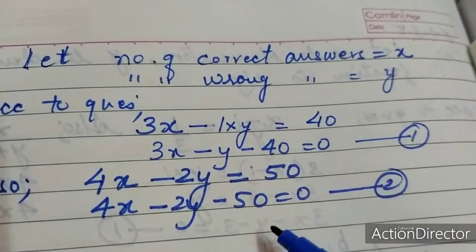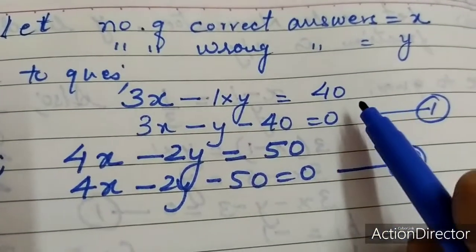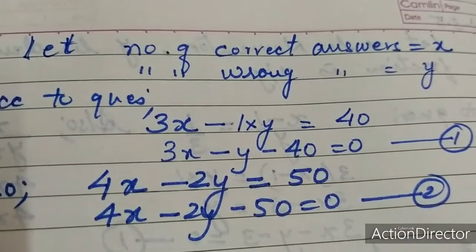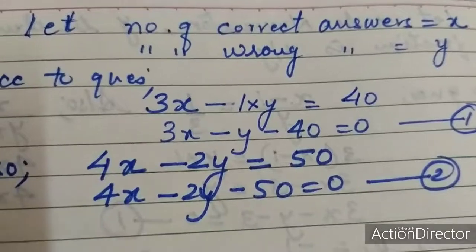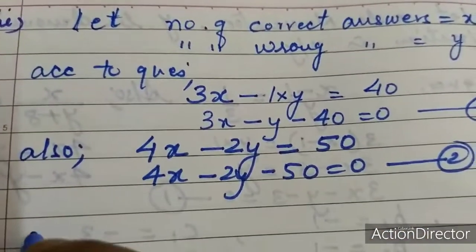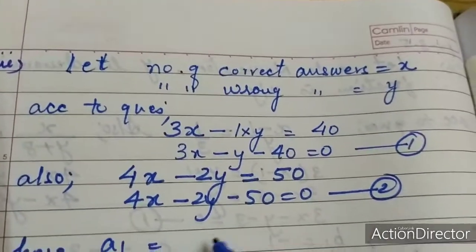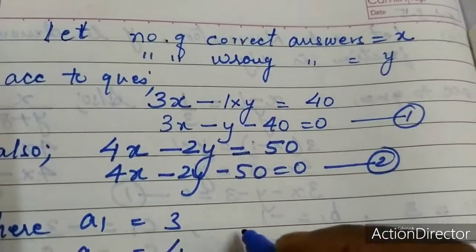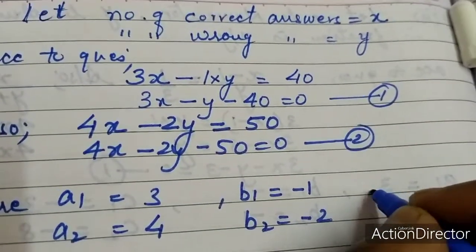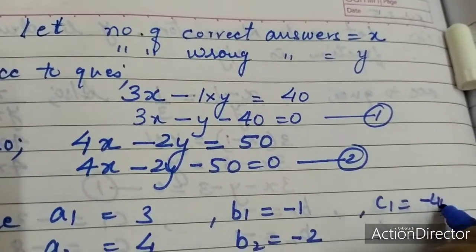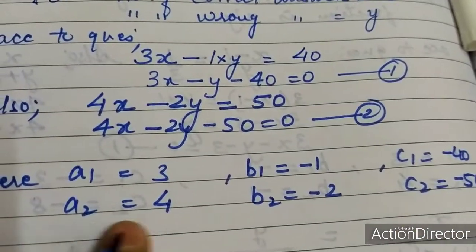याद रखिएगा, क्रॉस मल्टीप्लिकेशन मेथड करने के लिए इक्वेशन को हमेशा स्टैंडर्ड फॉर्म में इक्वेट करके 0 से ही लिखना, उसमें a1 b1 c1 a2 b2 c2 निकालने में इजी रहता है, साइन मिस्टेक नहीं होती है। नाउ फ्रॉम फर्स्ट एंड सेकेंड इक्वेशन वी विल राइट: व्हाट इज a1, a2? a1 is 3, a2 is 4, b1 is -1, b2 is -2, c1 is -40, c2 is -50। अब मुझे लगता है आप सबको ये समझ में आ गया होगा कि कैसे लिखते हैं।